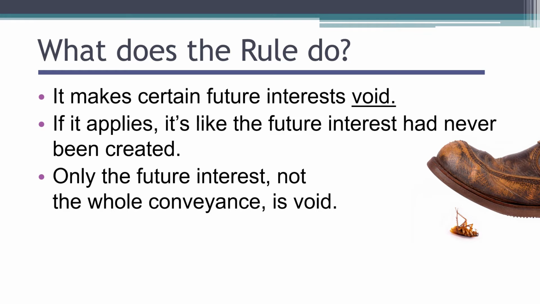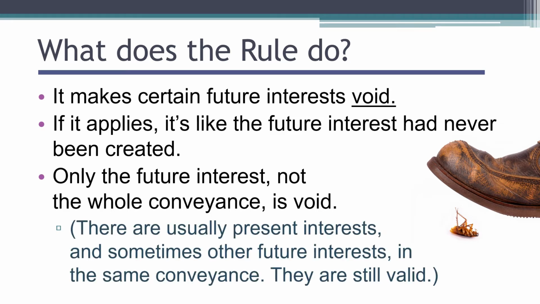What we mean by that is that in the usual deed or will, there are usually some present interests and sometimes some other future interests in the same conveyance. And even if one of the future interests is void under the rule against perpetuities, the other future interests and the present interests are still perfectly valid. So it's almost always wrong to say, this deed or this will is void under the rule against perpetuities. What the rule does is to make some particular specific future interest void, and the rest of the conveyance is